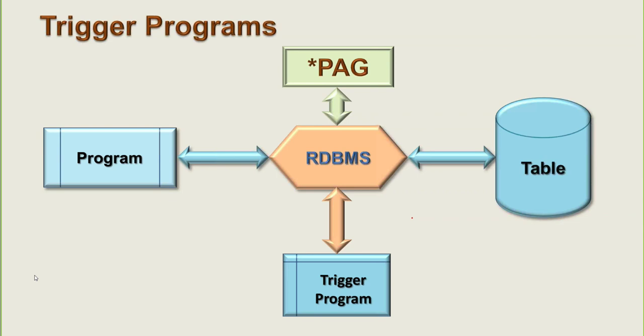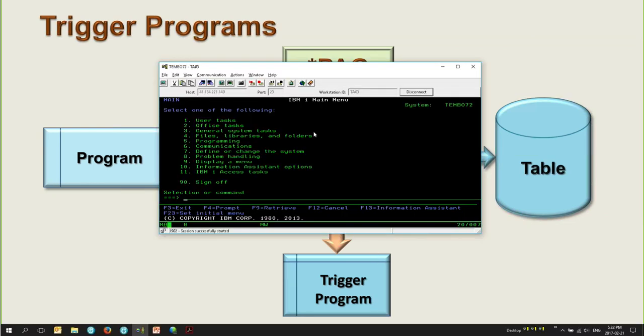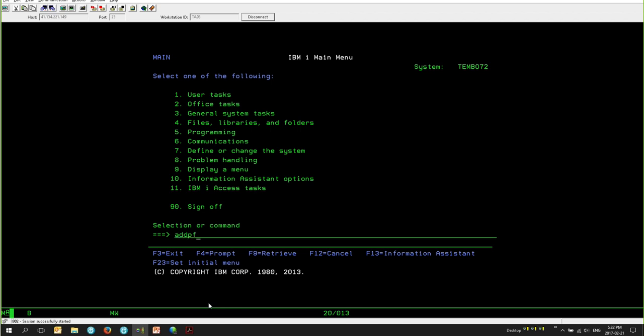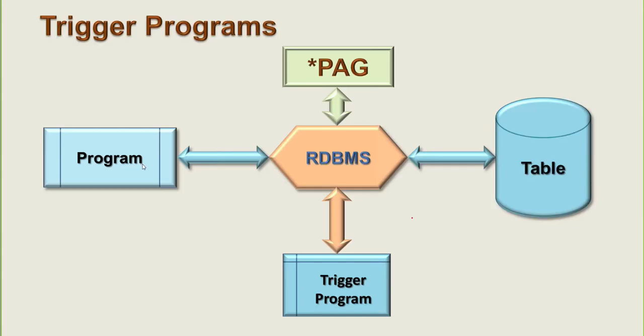And the definitions of those triggered programs are defined with the table. I'm going to pull this in. Little green screen, which I'll probably make bigger so you can see it. ADDPFTRG is the command that will allow you to add a trigger to a file. That is the command that allows you to do it. So, getting rid of that and going on to the next slide,